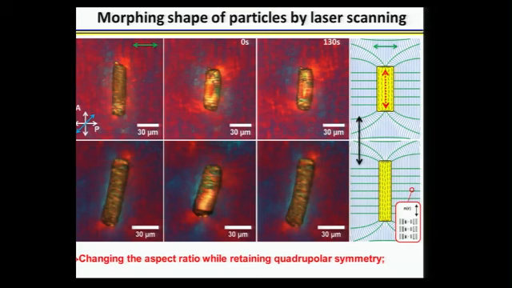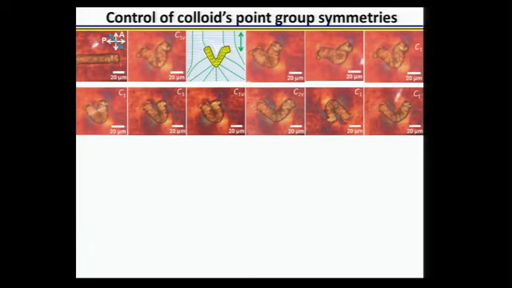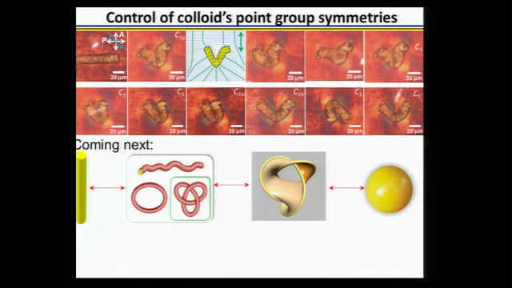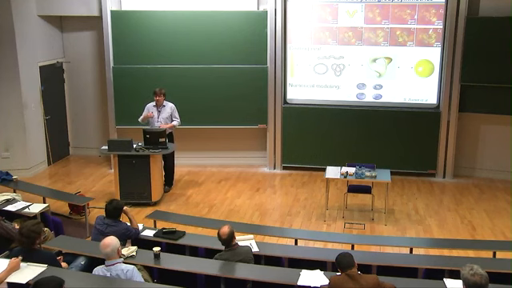We can also induce low symmetry structures, so for example, change aspect ratios, as well as induce highly low symmetry configurations of director fields. For example, in here you can see point group symmetries of director field structures that we have corresponding to those different colloids, right? So coming next will be our attempt to really not only bend those colloidal particles, but reconnect them inside the liquid crystal medium. One can also change topology in different ways. So for example,